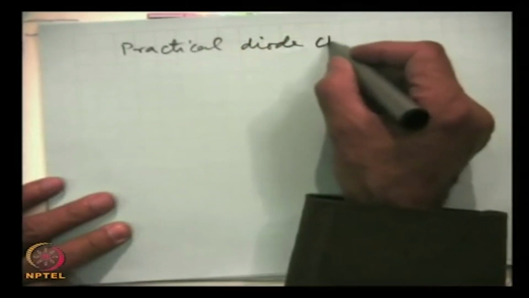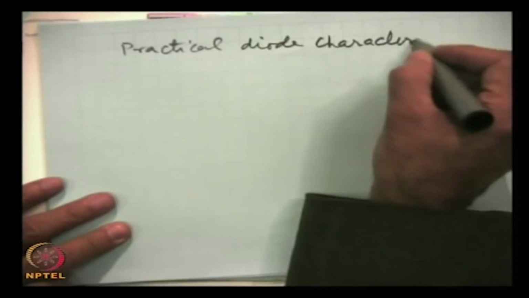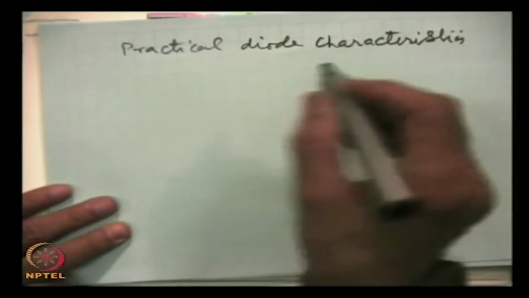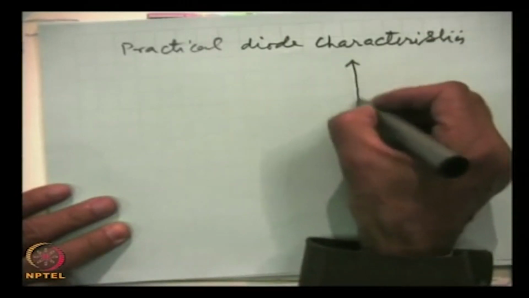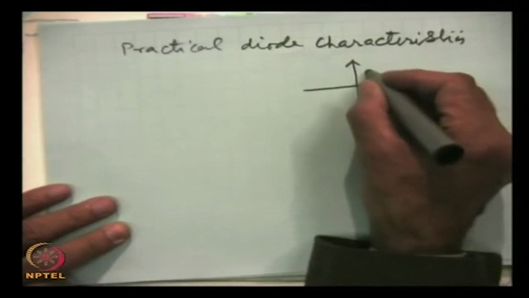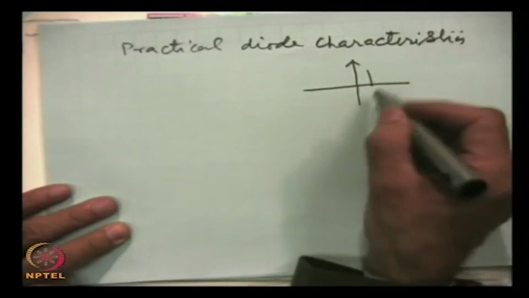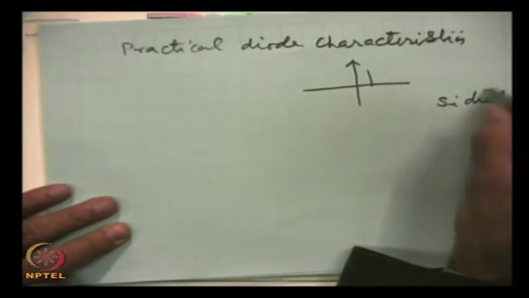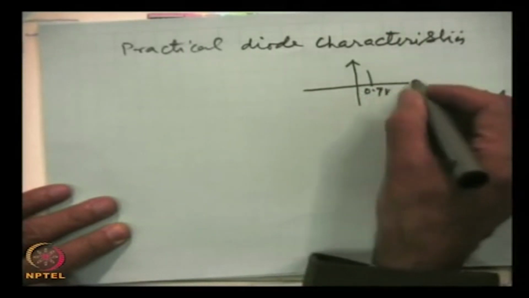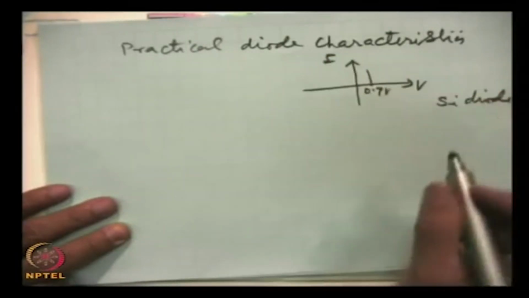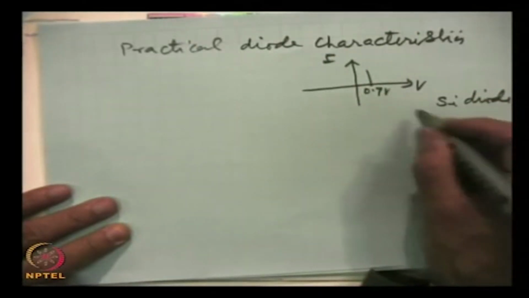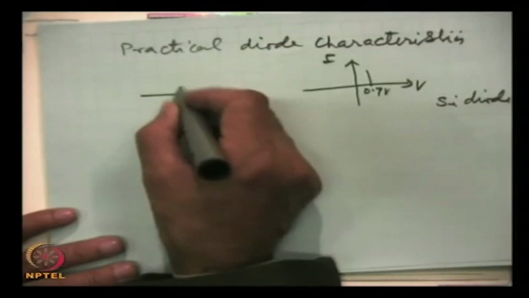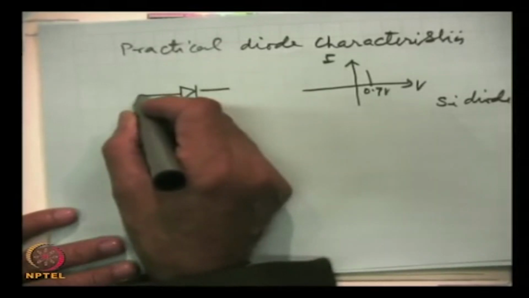Practical diode characteristics. These are like this, and this is for a silicon diode, this is taken as 0.7 volts. Diode drop in the forward direction, that means here,